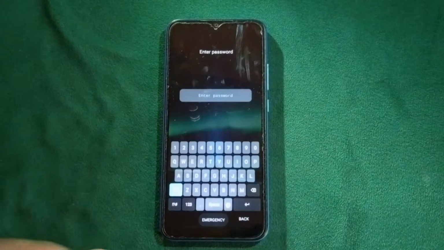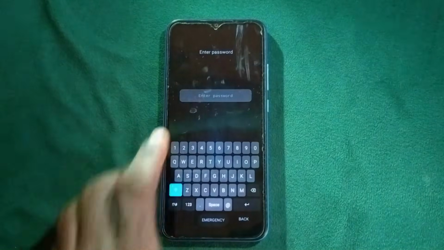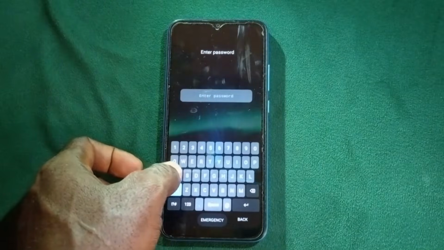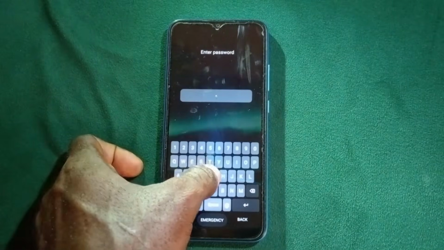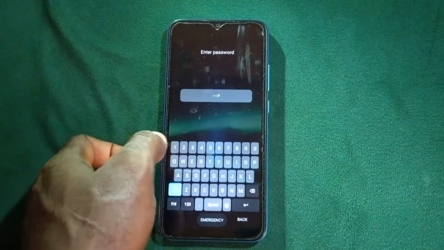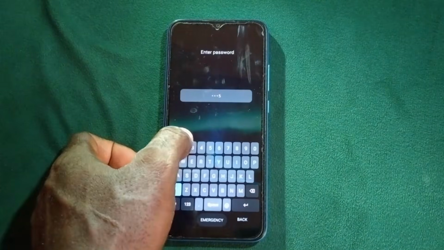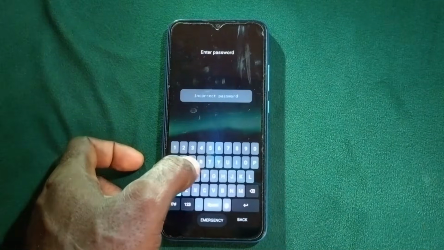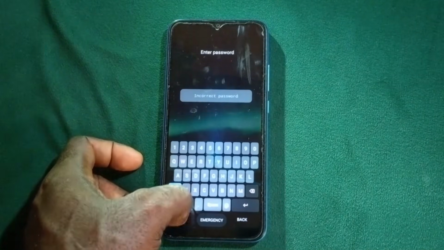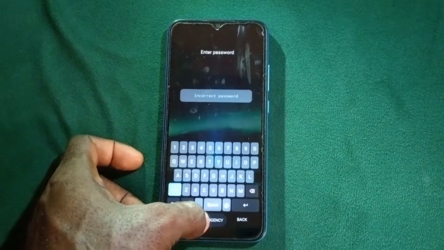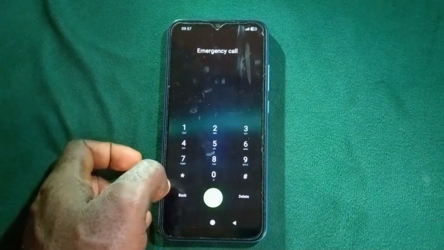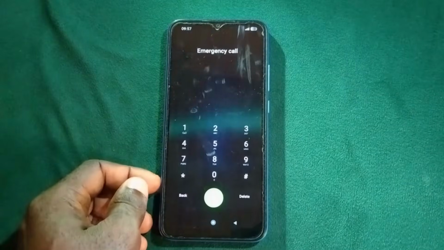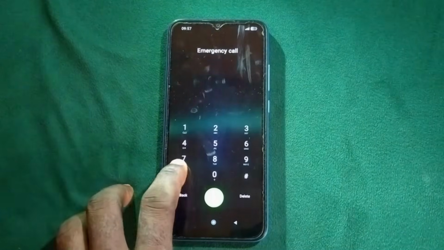So let's continue. You're going to put in this alphanumeric code again, or password: A G P, G P, all in caps, 520. Incorrect password. So we are going to enter the emergency call section again, and this is our second to the last step. We're going to dial star